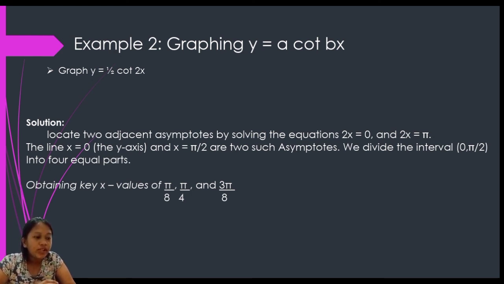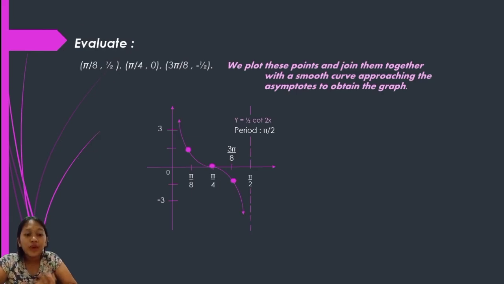We divide the interval from 0 to pi over 2 into 4 equal parts, obtaining key x values of pi over 8, pi over 4, and 3 pi over 8. So evaluating the function at these x values gives the key points, or set of ordered pairs: pi over 8 and 1/2, pi over 4 and 0, 3 pi over 8 and negative 1/2. We plot these points and join them together with a smooth curve